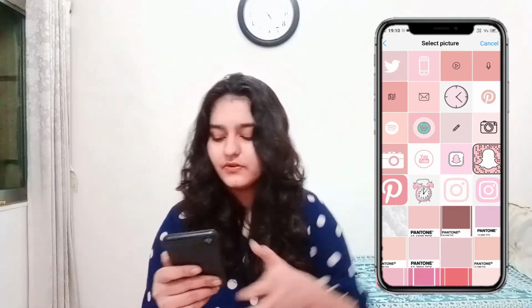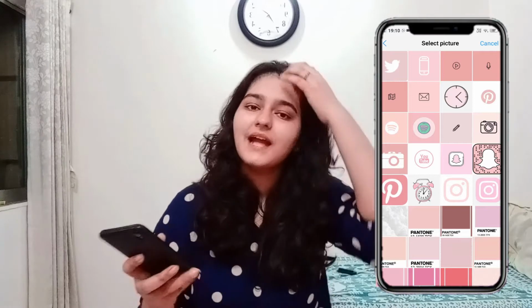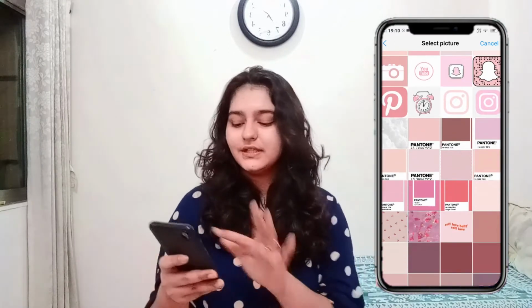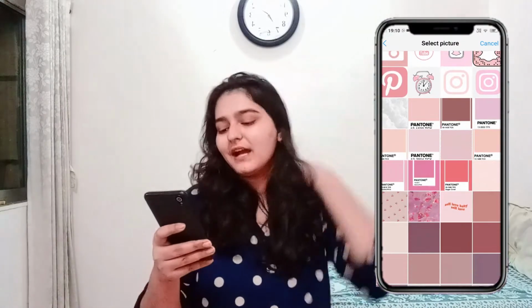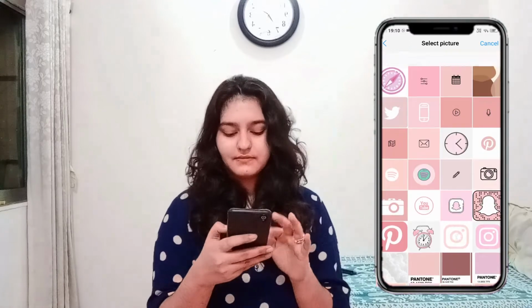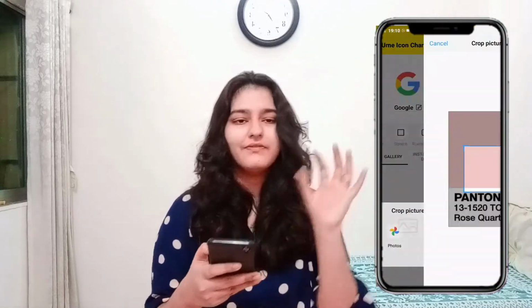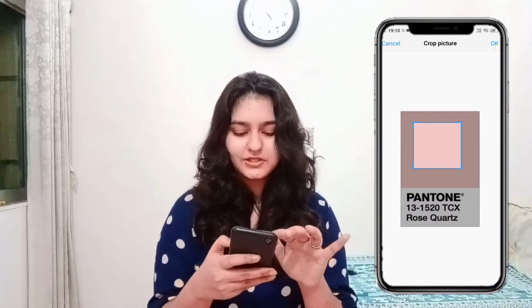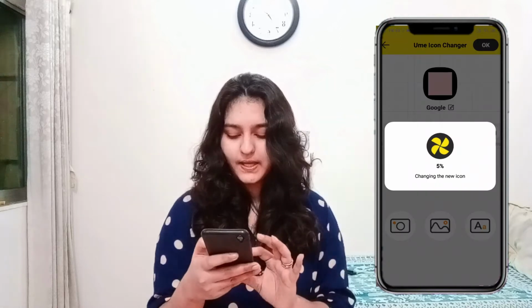Okay, I don't have one for Google. I'll look for it again. And again, the thing I'm gonna do with the apps that I can't find icons for is I downloaded these color templates, a plain color template. So you can just type Pantone pink tones, and you'll find these and download these and you can use them. I'm gonna go ahead and choose a random color for Google because I couldn't find the actual Google icon. If I do, I'll exchange it. And again go into Squircle and okay.